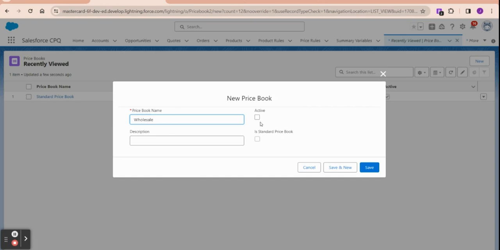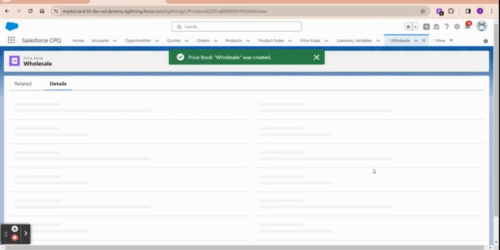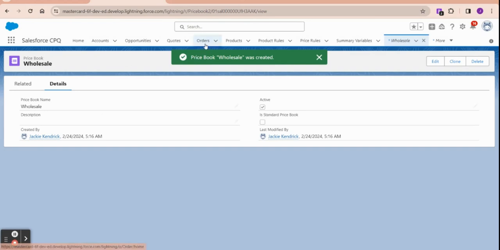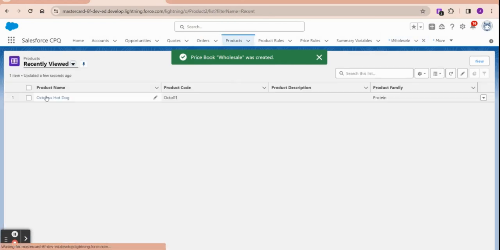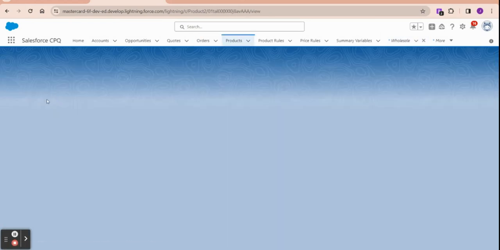So you give it a name. It has to be active. Have to have it as active, and click on save. All right. So if I go back to our octopus hot dog example,